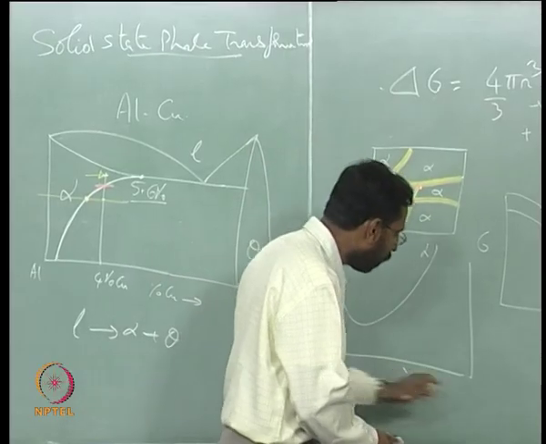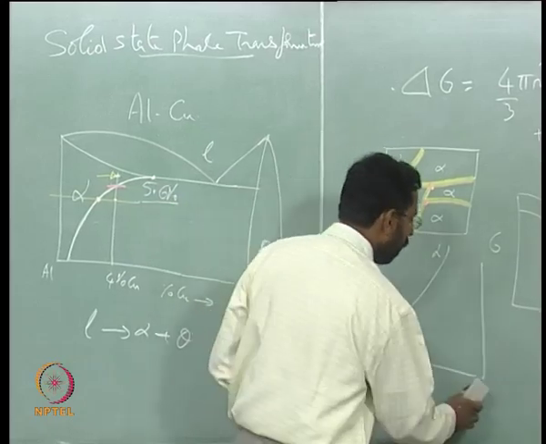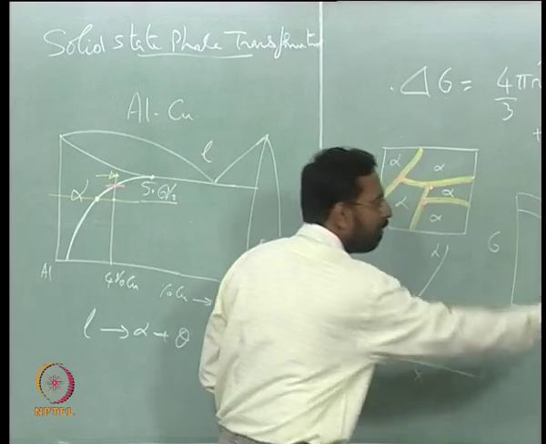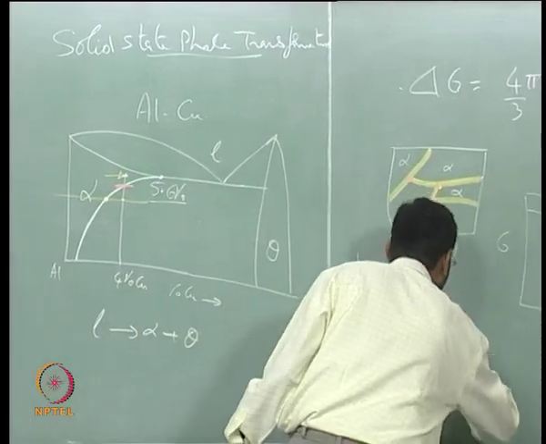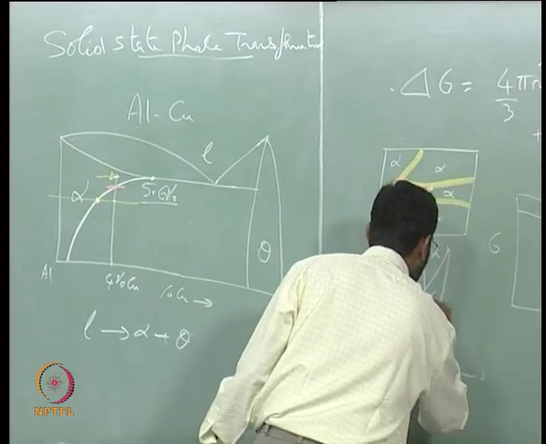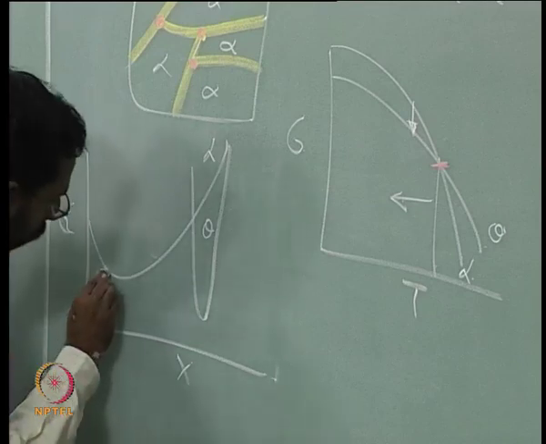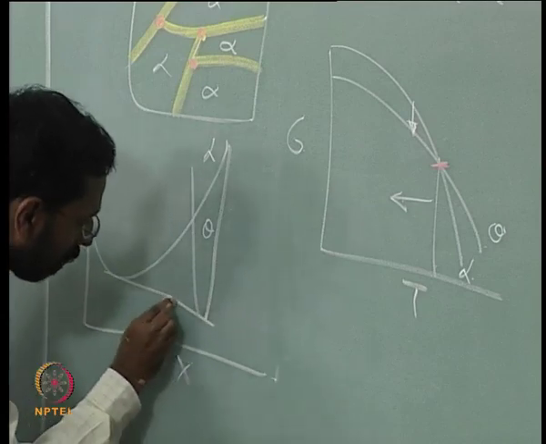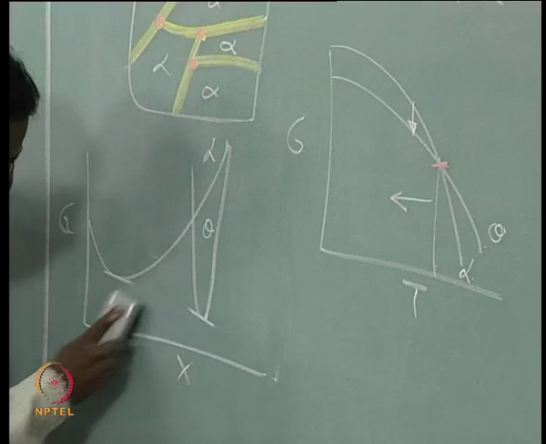Let us not bother, consider this as the pure metal end, and this is going towards pure copper. So somewhere you can put the theta phase, and if I draw a common tangent between the two,